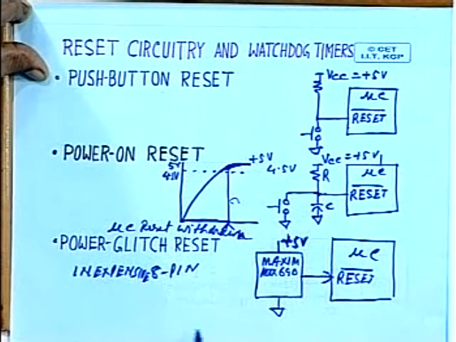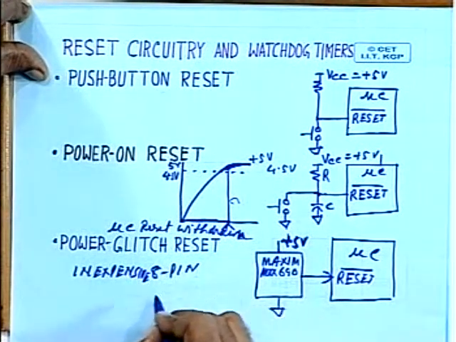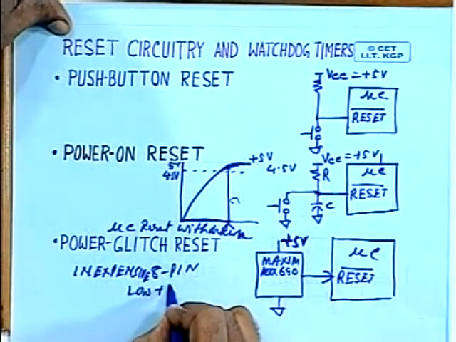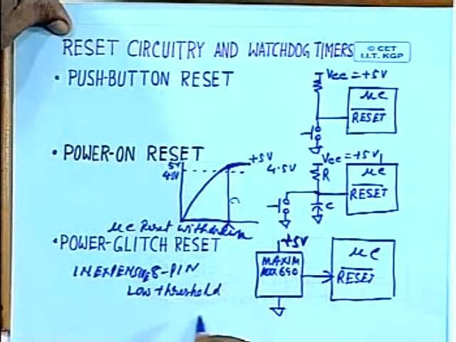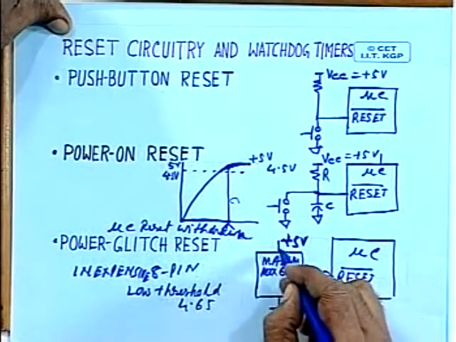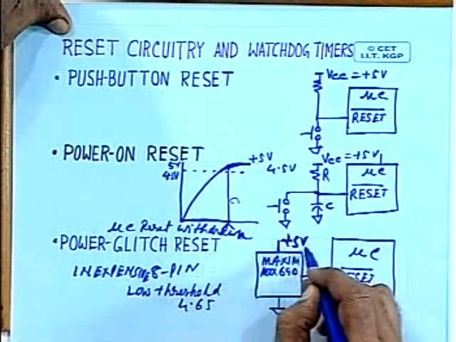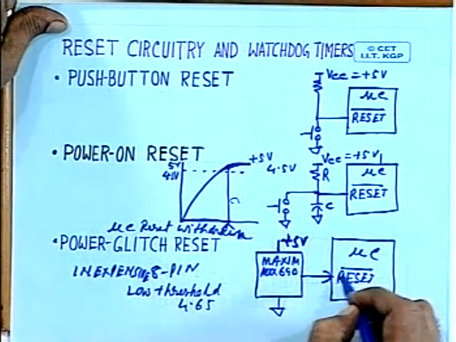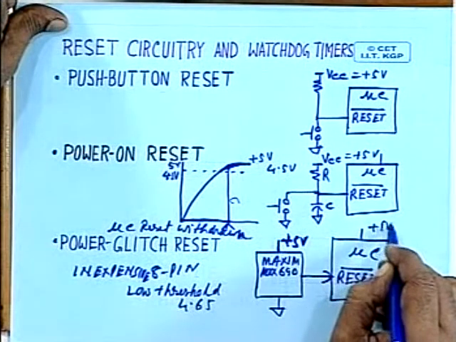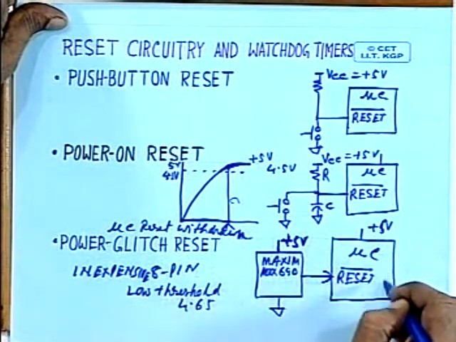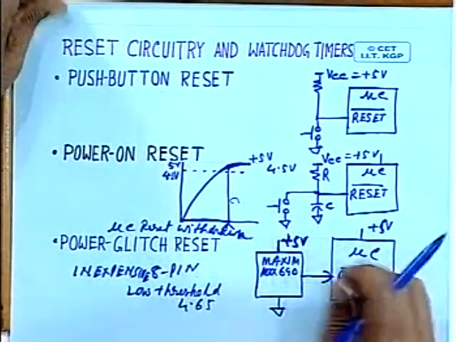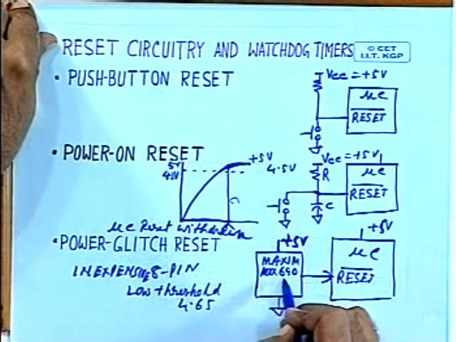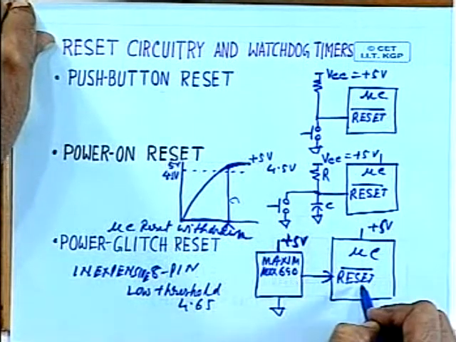at low cost, and here in this case the low threshold is 4.65. That means whenever the supply voltage reaches 4.65, only then this line is made high, and obviously by this time the microcontroller is already operating properly, all the circuitry within the microcontroller. So with the help of this Maxim Max 690 chip, you can do the resetting, and here